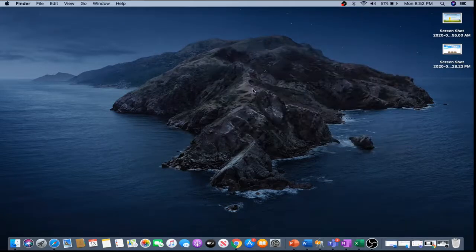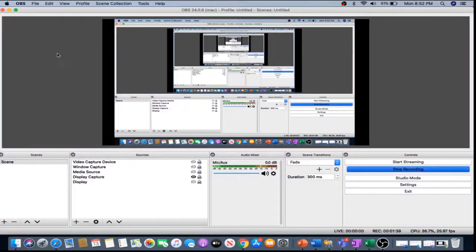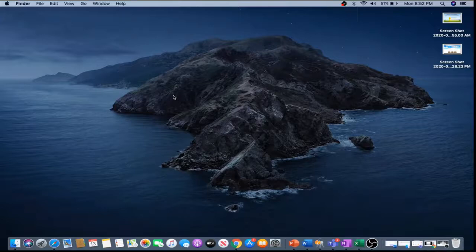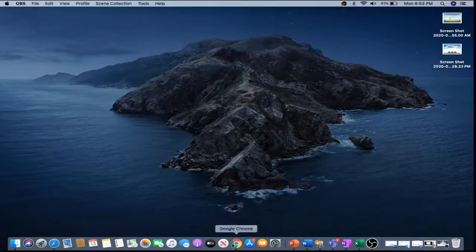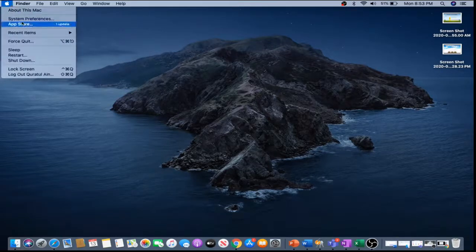So let's get started. After that, click on this Apple icon and go to System Preferences.